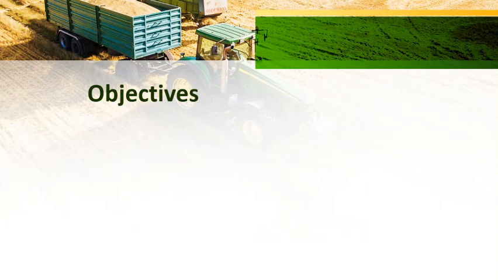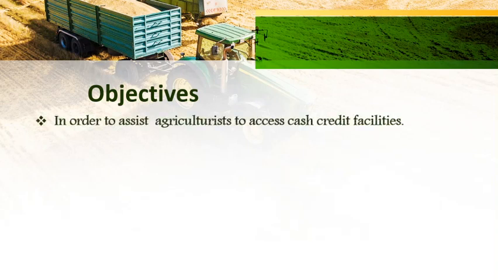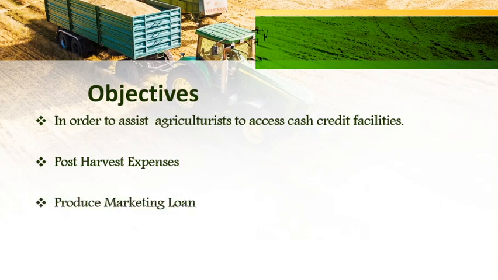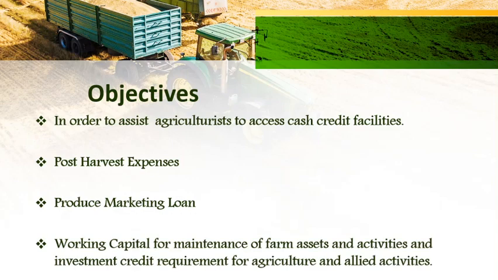So what are the objectives of KCC? It is assisting agriculturists to access cash credit facilities. The second objective is post-harvest expenses, so whatever expenses there are after harvesting are borne. The next is marketing loan production. Then working capital for maintenance of farm assets,